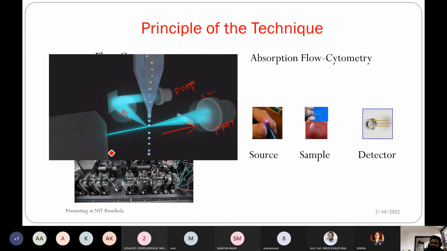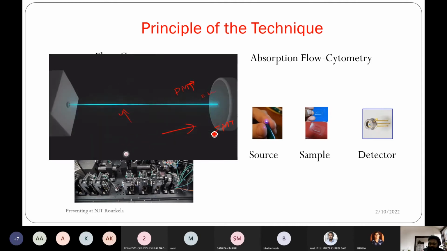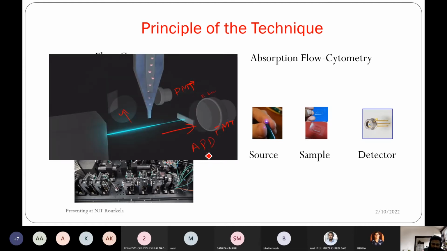Instead of the high power laser, we can use a simple diode laser pointer. And instead of the PMT, which is very highly sensitive, why don't we use an avalanche photodetector, an APD device? That was the initial thought towards the realization of this absorption flow cytometry for a point of